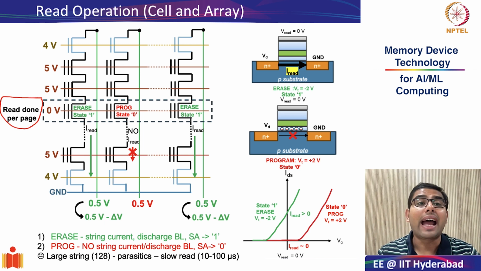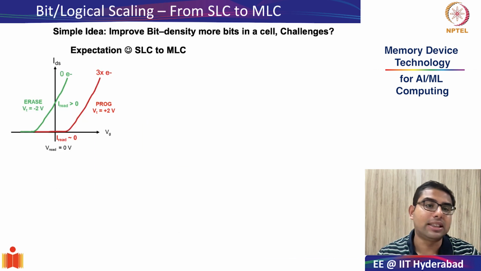Next, we are going to look at the technological aspects of NAND flash. What really makes NAND flash technologically so special in terms of a high bit density storage technology? We have already discussed the two aspects: bit scaling and vertical scaling. Vertical scaling is the transition from 2D to 3D NAND flash. So today we begin with bit scaling.